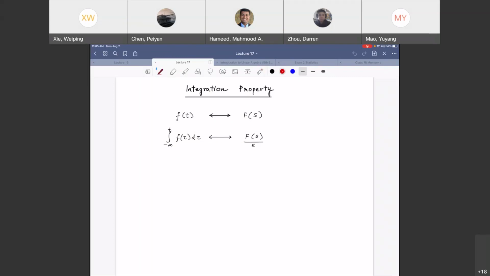So let's try to see. If you have u of t, you have got 1 over s, and then you have real part of s greater than 0, right? And then when you differentiated it, you had this, all of the s-plane. So when you integrate it, you went from here to here, right? You had more constraints. So the ROC actually becomes smaller as you go. So what can you say? At max, it is going to be the original one. Earlier you said at least the original one. Now you can say at the maximum, it's going to be the original one.